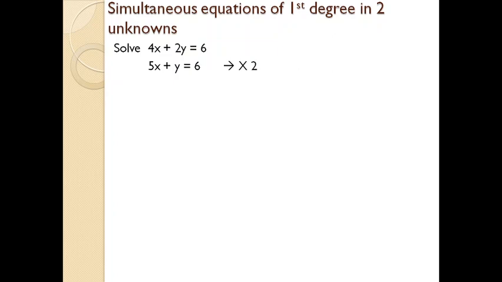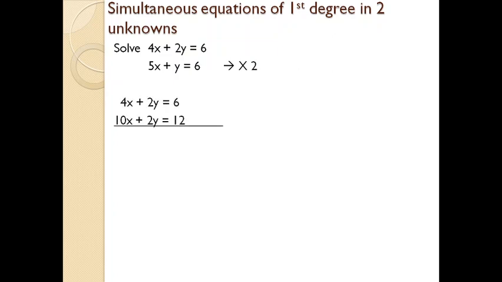Here just multiply 5x plus y equal to 6 with 2. You know why we multiply that with 2? So as to bring the value of any of the variables to a similar number. Here, in 5x plus y, if we multiply y with 2, it will become 2y. Because for solving a linear equation, we have to bring any variable or unknown value to a similar number. That's why we multiply with 2.